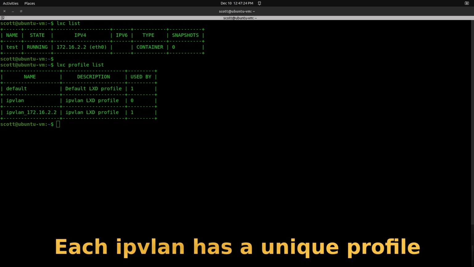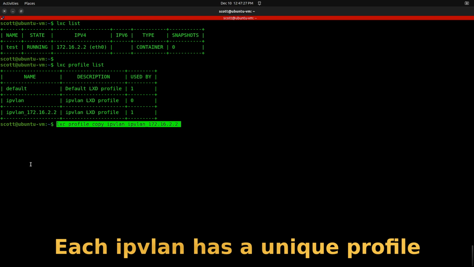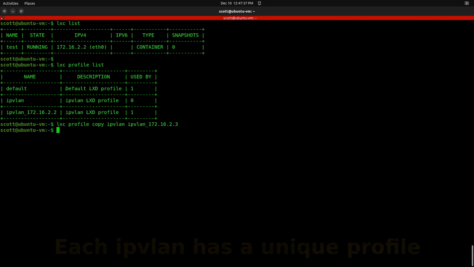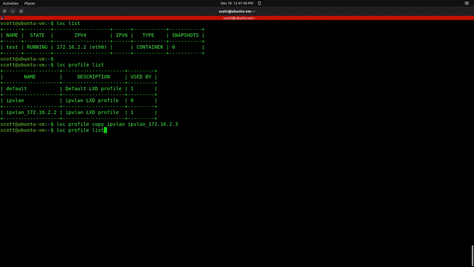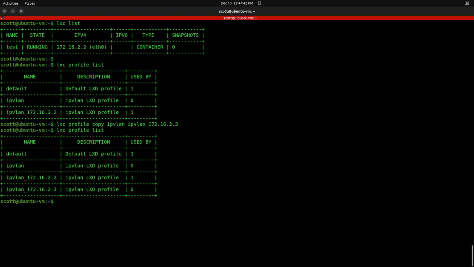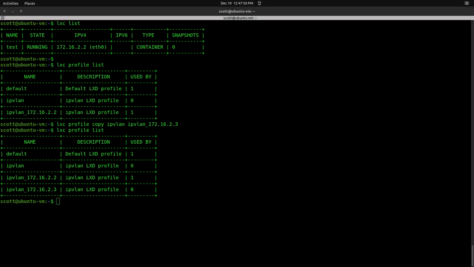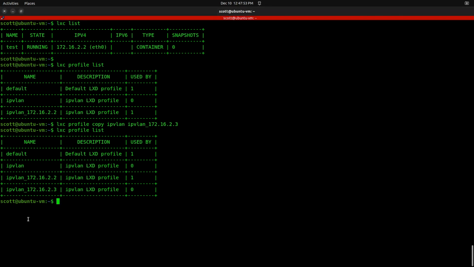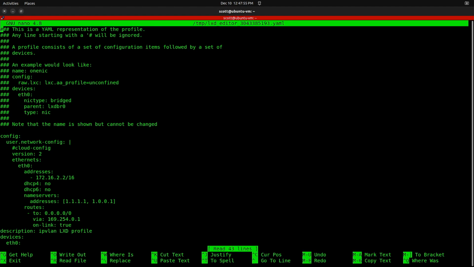Now, if we want to create a second container that also uses IPVlan, we'll go ahead and do a copy command, and we'll copy the IPVlan over to another IPVlan called IPVlan_172.16.2.3. Now we do an LXC profile list, and you can see that 2.3 there, and then we'll do an LXC profile edit on that particular profile 2.3,